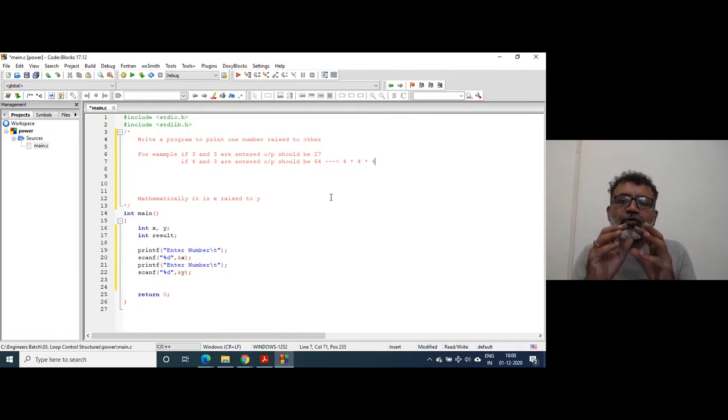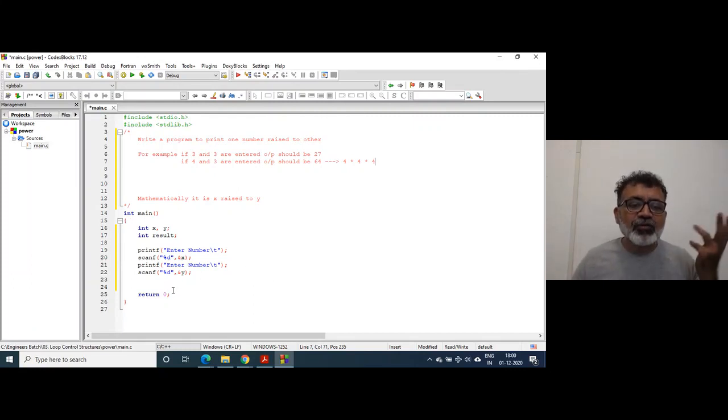You need to multiply that number that many times. The loop has to iterate y times, so the number x will be multiplied by x till y times. This is how you should think.